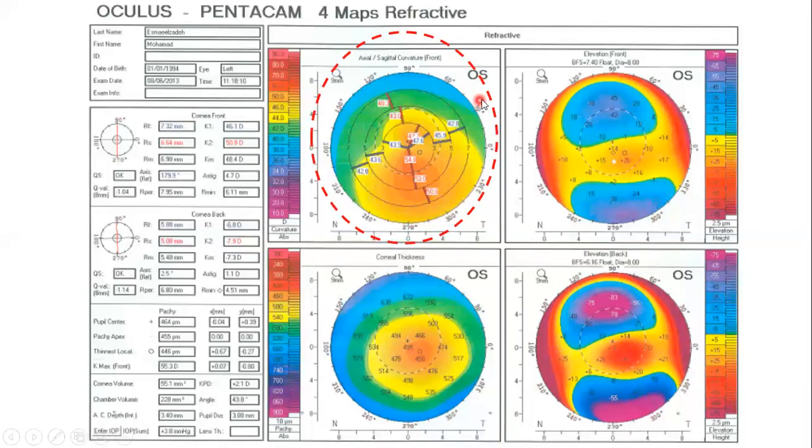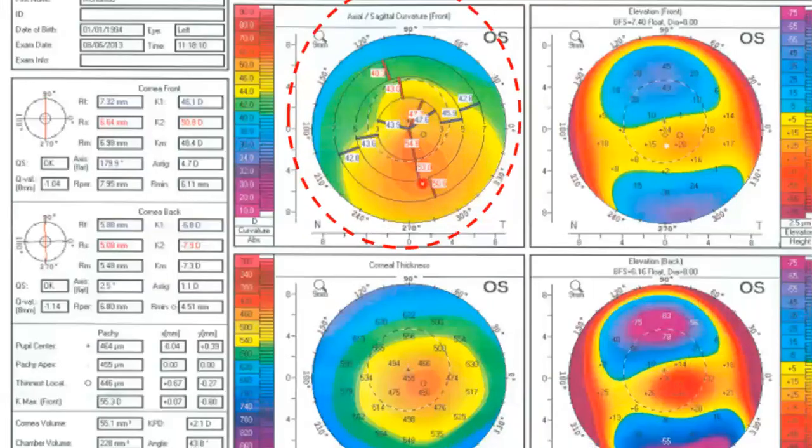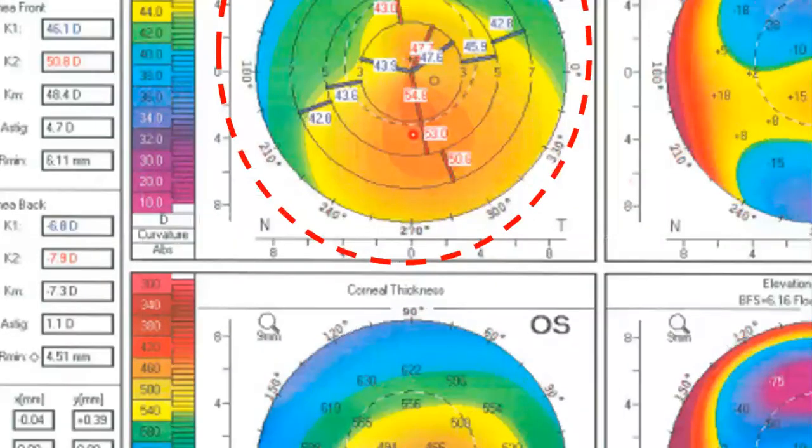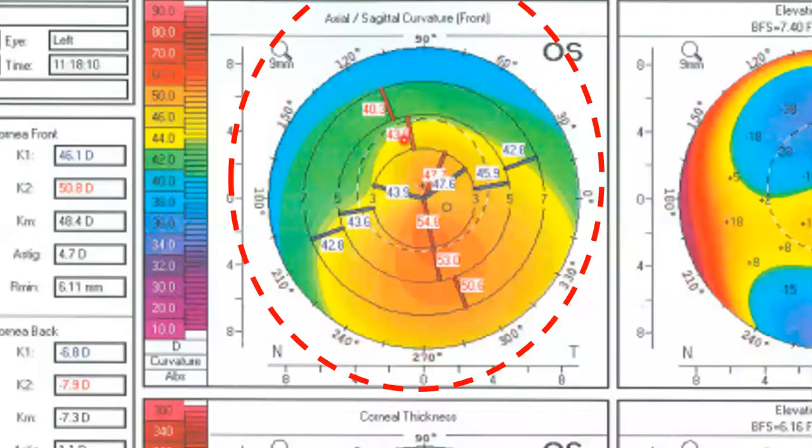One is this sagittal map or axial map. It basically gives the power of the cornea. If you can, zoom in on your mobiles. I'm also zooming on my laptop. You can see there is a keratometry reading here. This 53, 54, 42, what are these numbers? This number is simply the corneal power at this particular point. Power means corneal curvature, so curvature gives the power. So what is the power at this particular point?